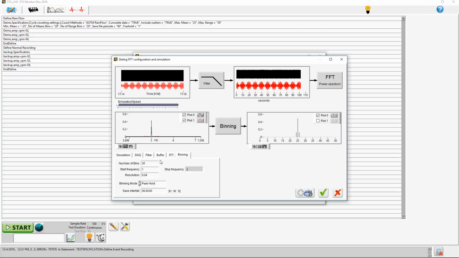Let's go to the binning page. We can select how many bins we want. The binning can be handy because you can zoom in on a certain spectrum of the FFT. We know that our resonance frequency will be at around 5 Hertz, and we simply want to see only that frequency area in that range. So let's say that our start frequency is only 2 Hertz,